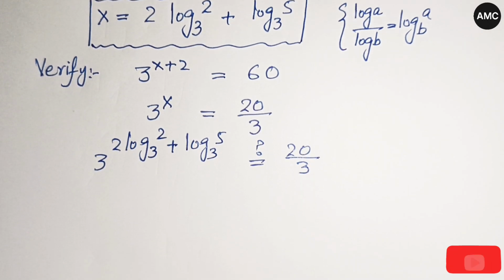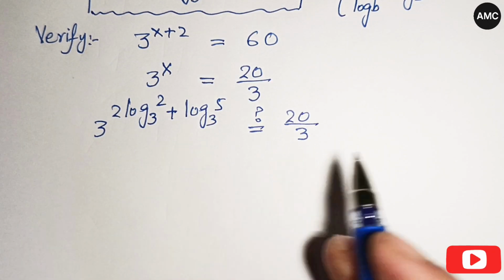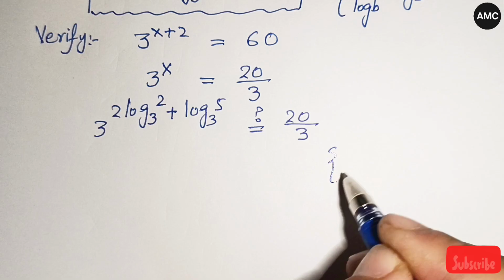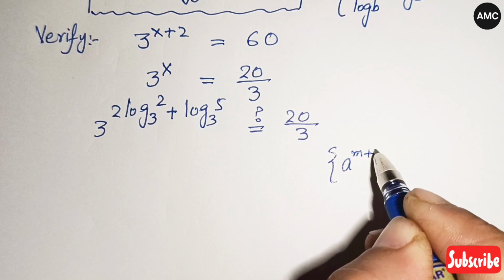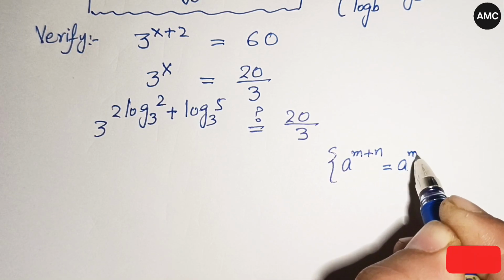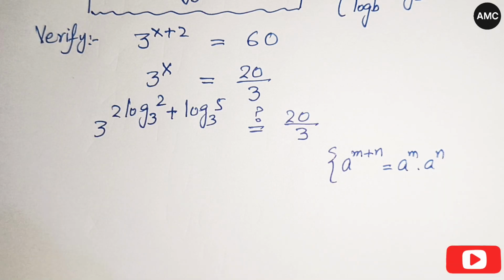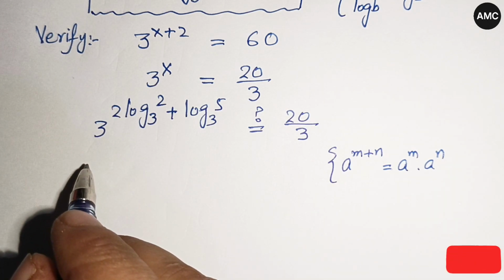Now solving our left hand side, according to this algebraic identity, a to the power m plus n is written as a to the power m times a to the power n. So here we have,